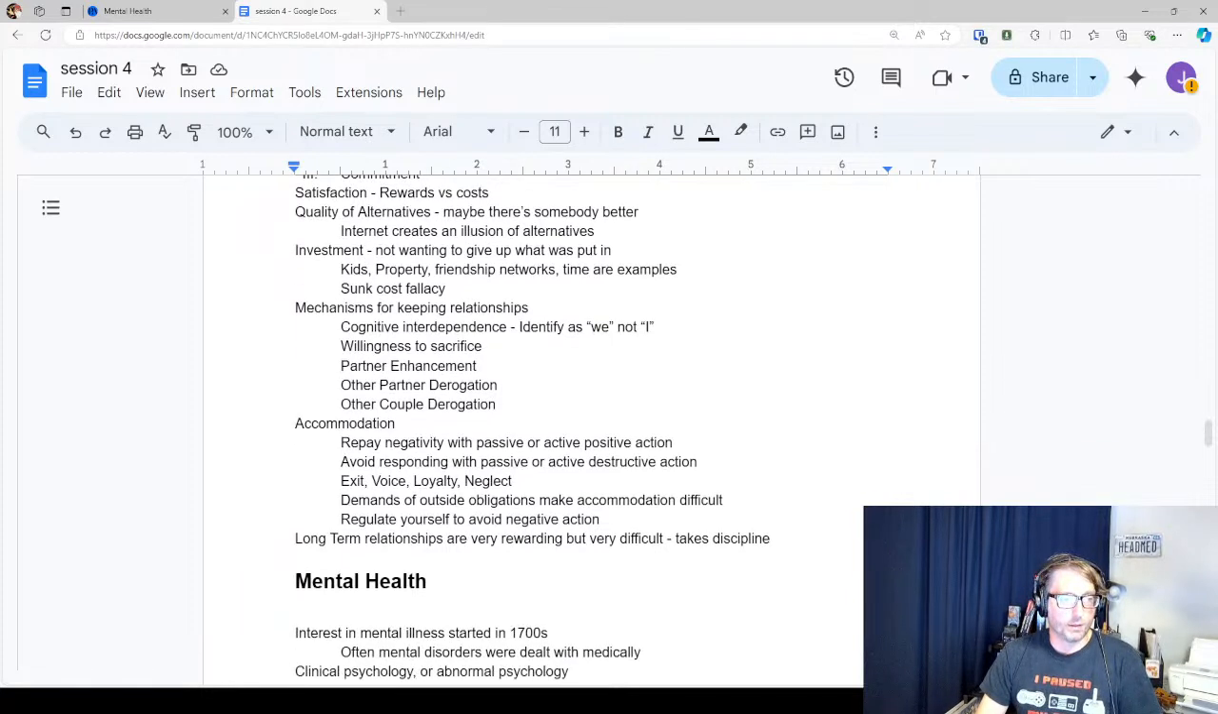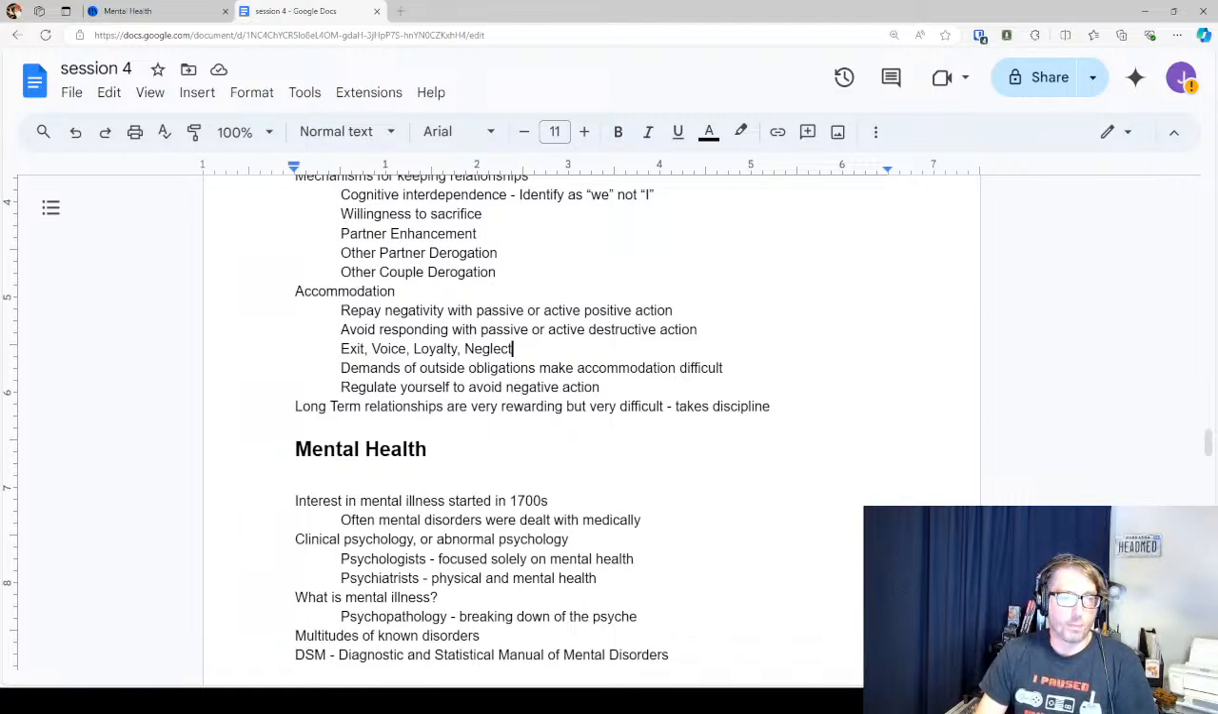So then they divided it into 4 parts: exit, voice, loyalty, and neglect. I can't really remember the specific explanations of all those, but it has to do with passive positive, active positive. Demands of outside obligations make accommodation difficult. So we go to work and work hard all day, and we just bite our tongue and build up that negative energy, and then we go home and release it. This is something that I always have trouble with myself. Sometimes I have to make sure that I'm as nice as I can be when I get home